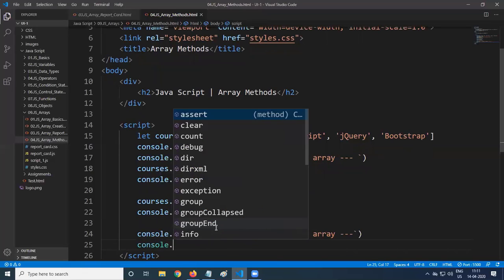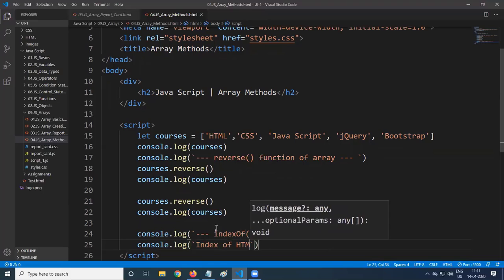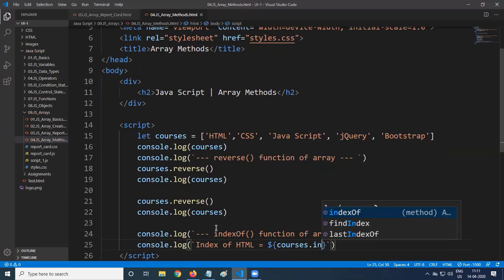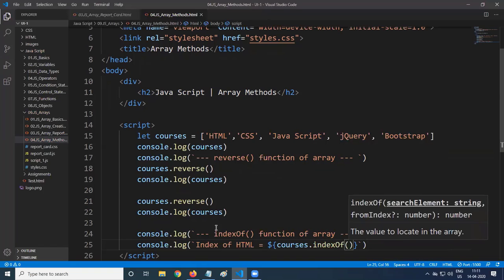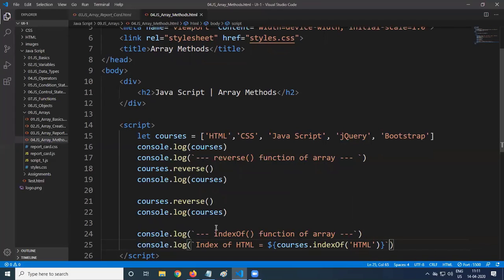So console.log indexOf HTML, where this HTML is present. HTML is present at index 0. So to get that, courses is the array, dot, the function is indexOf, and the value we are providing is HTML.